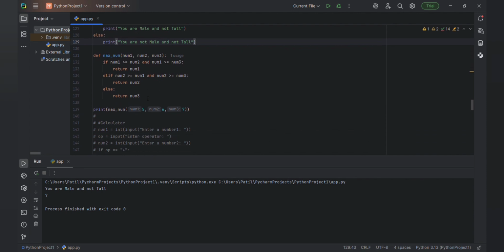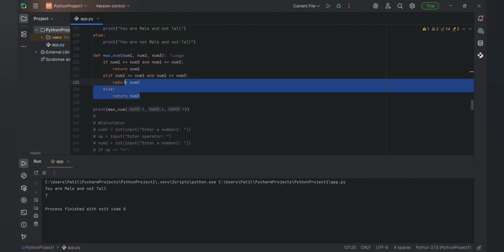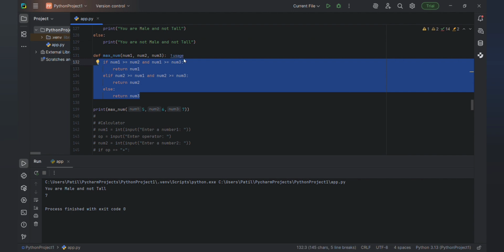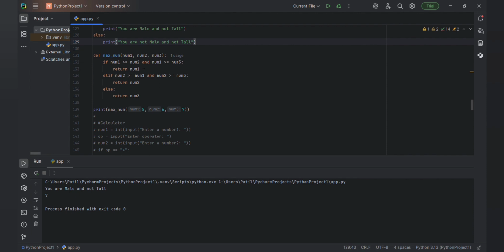So the next thing is max. To print the maximum number, we are using the def statement, elif, and whatever we have learned till now, all those things here. Def, the function name is max, and these are the arguments. So print max of 5, 6, 7. It will check whether number 1 is greater than 2 and 3, and we are using and because we have to check both. Number 1 is not greater. Next, number 2, that is 6, is also not greater, so it will go to number 3, 7. Else it will return this. So 7 is the maximum number.